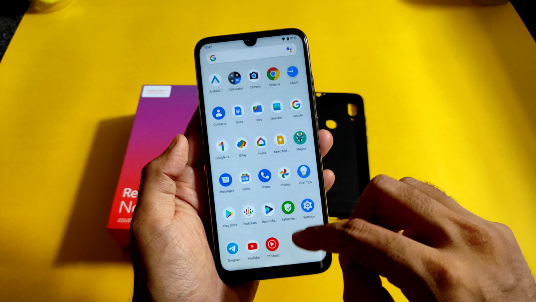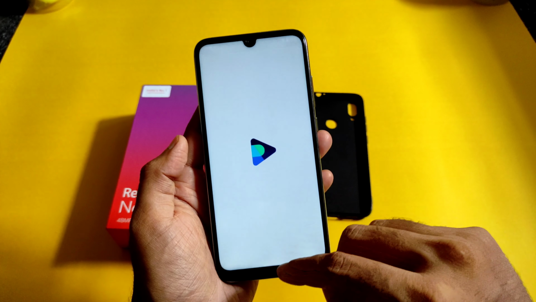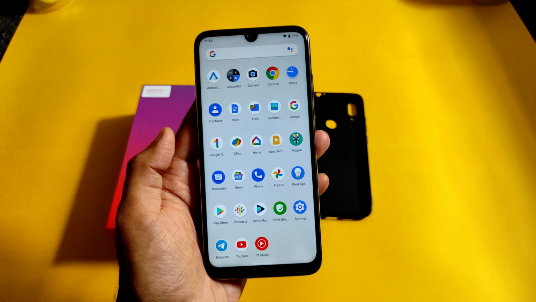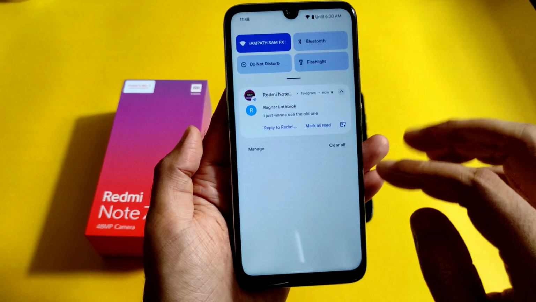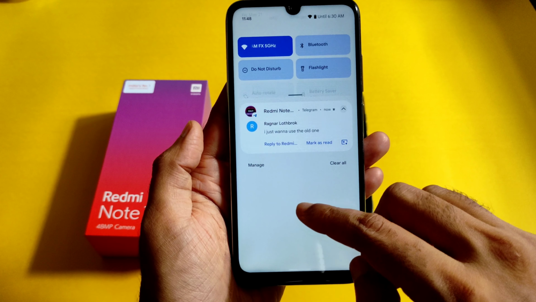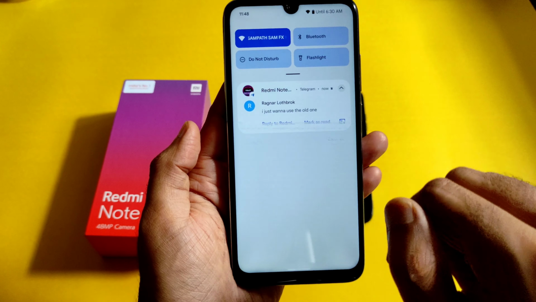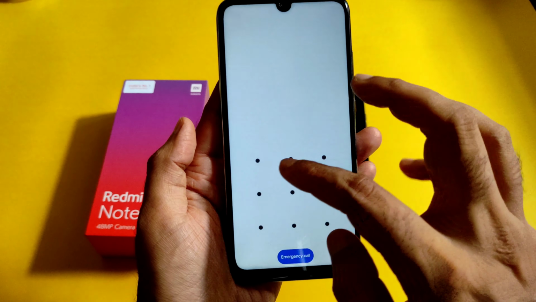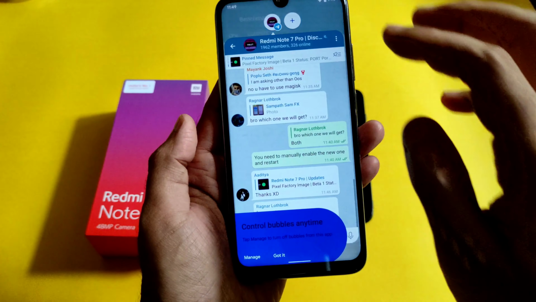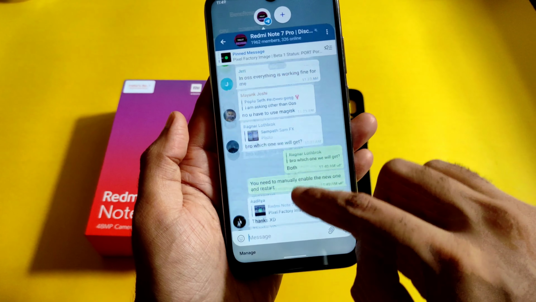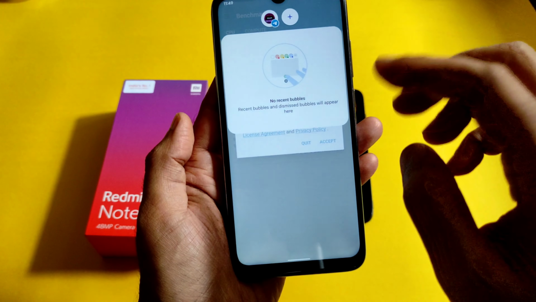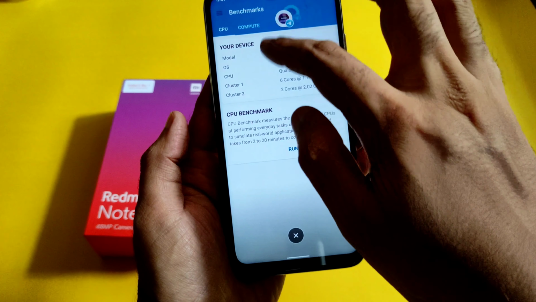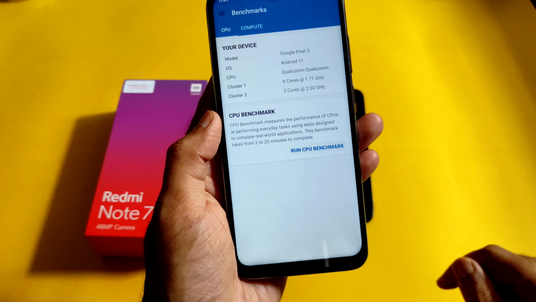And coming to safety and status, Fast and Retro music player is pre-installed. And these are all the apps I have installed. And this is how the notifications panel you get below the quick settings. As you can see, even the bubble option is also given. Notification bubbles options are also given. Let me show you. Let me unlock. As you can see, like this you can use the notification bubbles also. It's working fine. From there in the notification settings or even in the app you can change the settings.